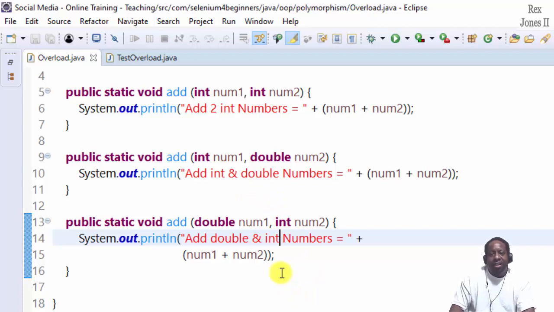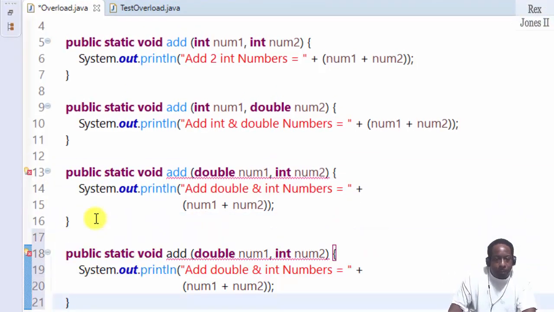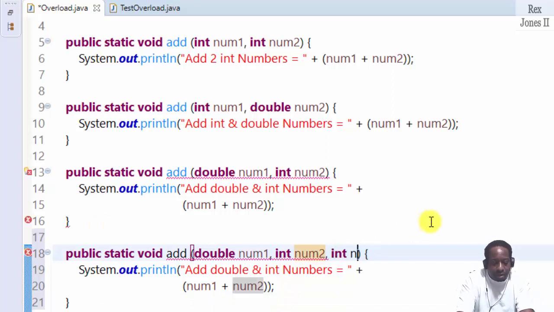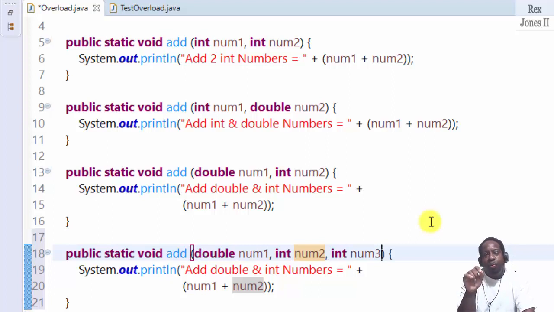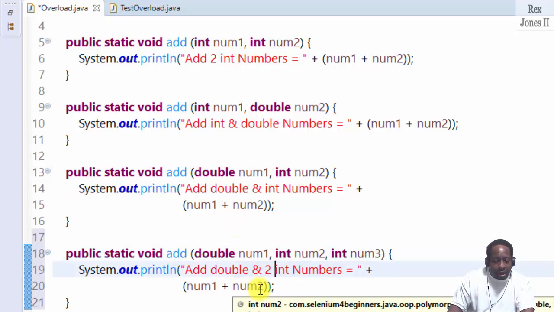Now, let's look at the number of parameters. Copy and paste. Then add int num3. We see every way to overload a method because the type and or number of parameters are unique. Also update the print statement to int numbers and include